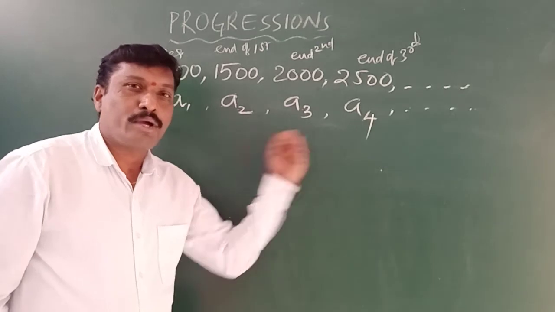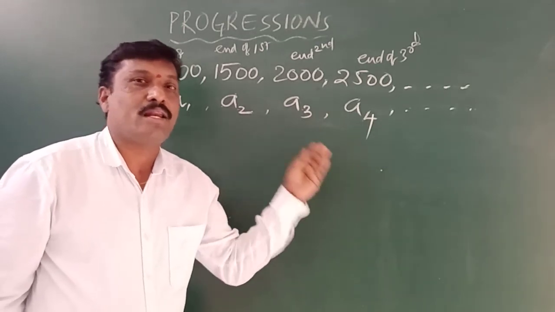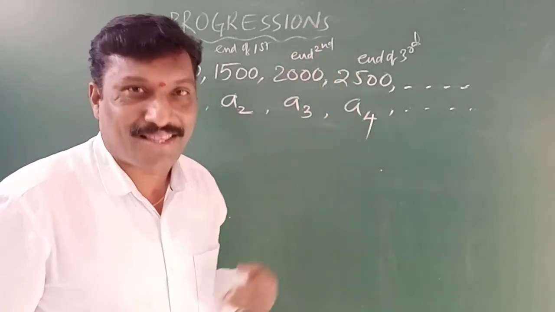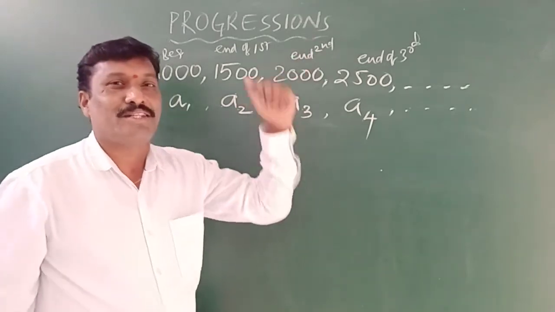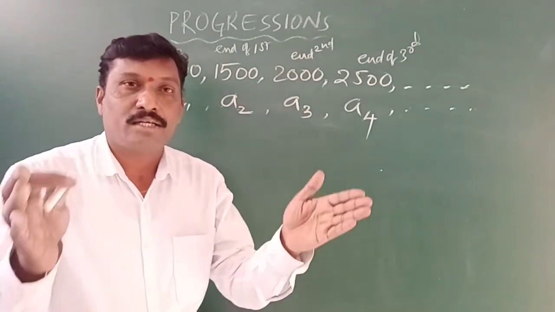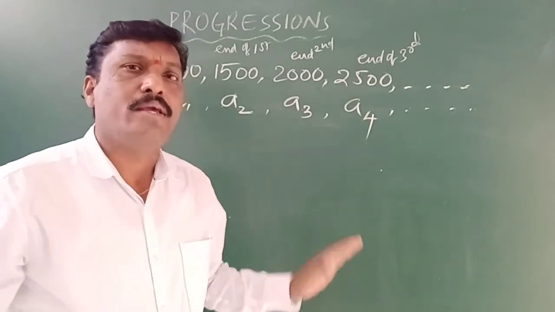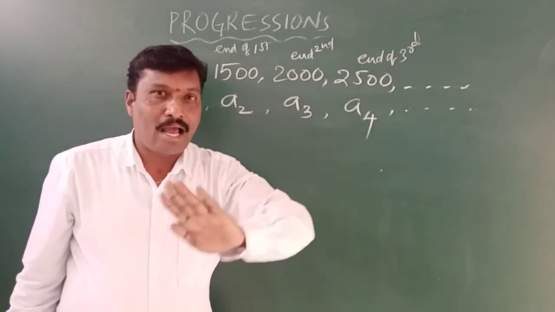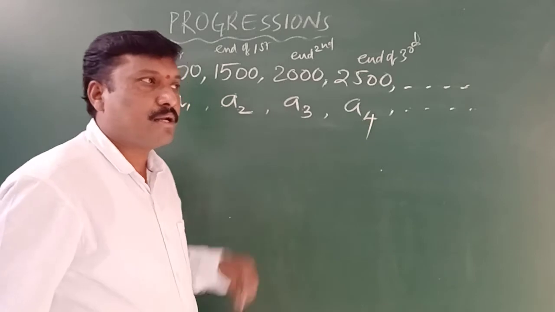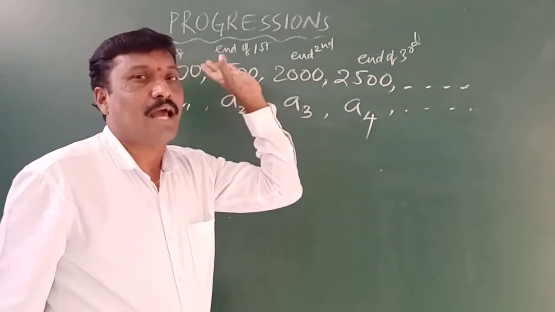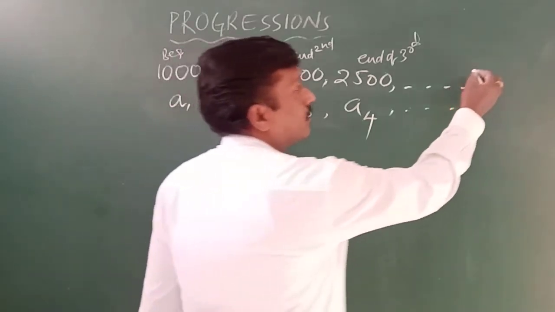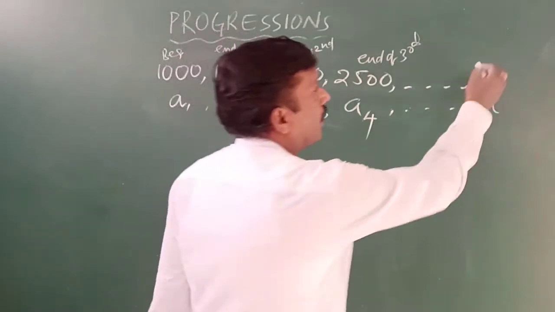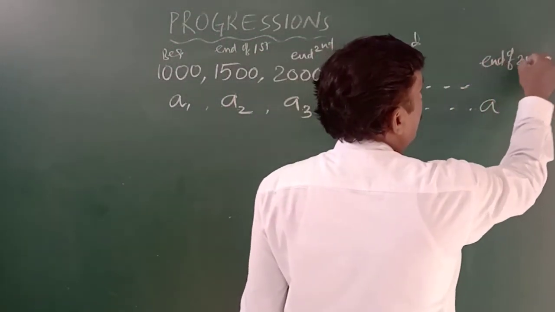Now, if you go on saving 500 every month, my question is, after the 25th month, what is your total amount in the bank? Consider that we are not adding interest here; just whatever amount we deposit, we keep, then the bank will give the interest on that. I am not calculating that interest, just whatever money we drop in the bank, that I am adding. What will be the amount at the end of the 25th month?